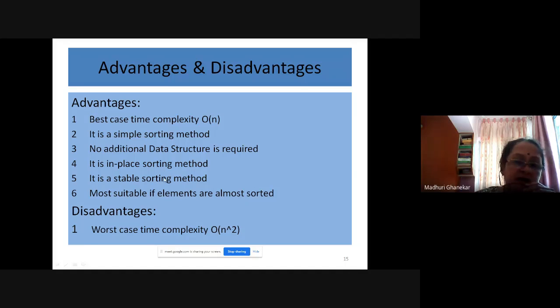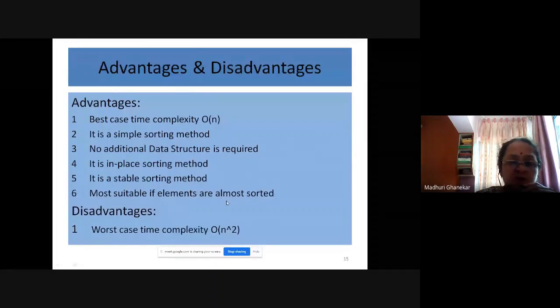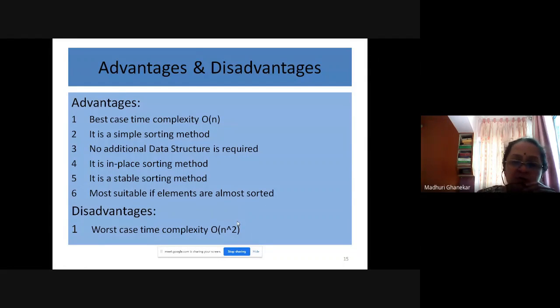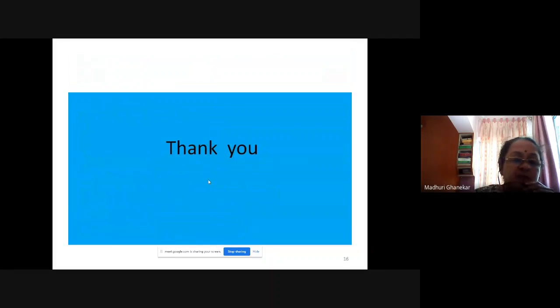I had given you the definitions of in place sorting and stable sorting, so just check with that. It is most suitable if elements are almost sorted. And the disadvantage is that the worst case time complexity is big O of n square. So that is about insertion sort.